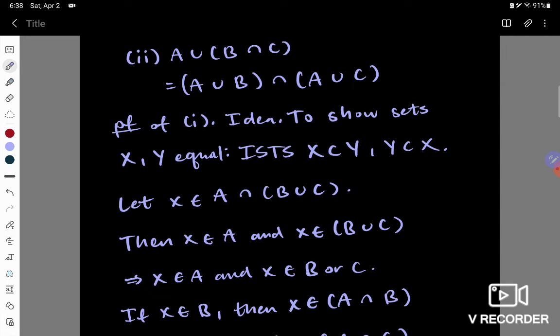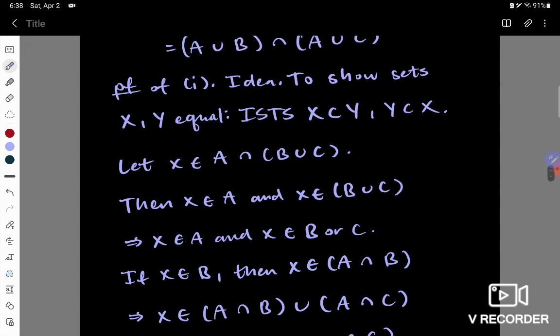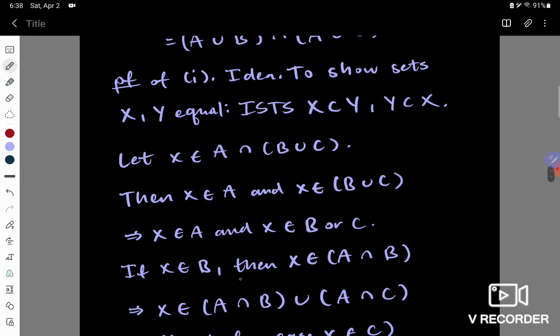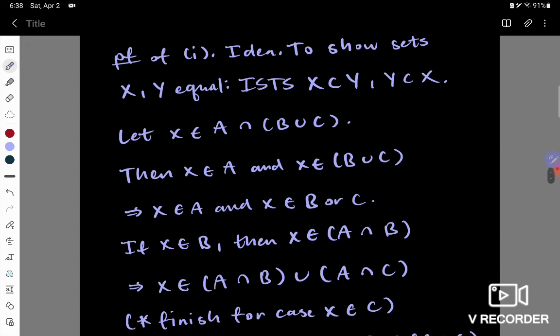So it's in their intersection. Then x is in this union (A intersection B) union (A intersection C). And there's nothing special actually about this A intersect C. We could actually append anything here and it'll be true because it's automatically in this left-hand part over here. It's good to finish this for the case x in C. It's totally symmetric, except instead of x in B here, you just write C, but it's good to think through